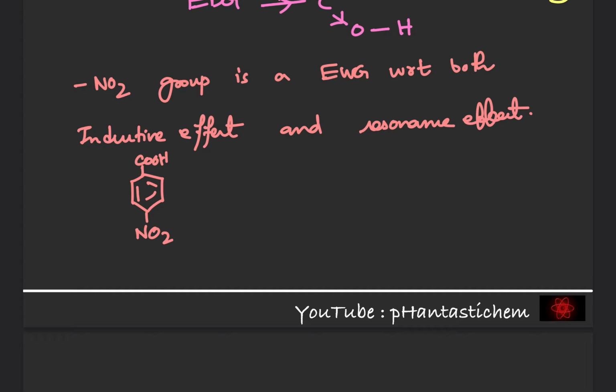According to the inductive effect, you can see the highly electronegative oxygen will pull the electron towards itself. Okay, because oxygen is very, very electronegative. So therefore, it's an electron withdrawing group with respect to the inductive effect. With respect to resonance, you can see,